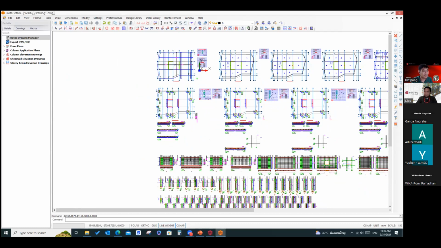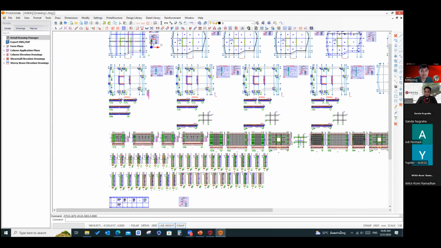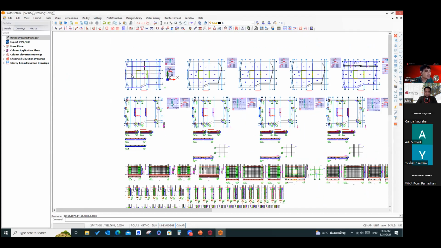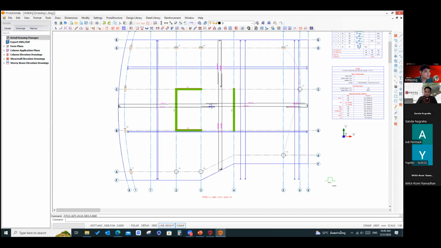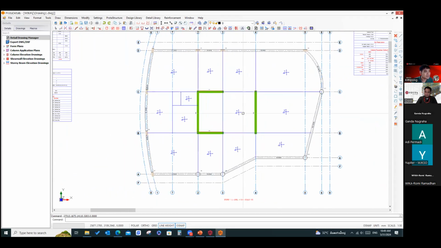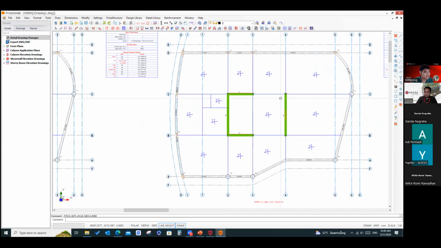See, it's all done. You will get the plan like this. This is the foundation plan. See, this is the first story plan.